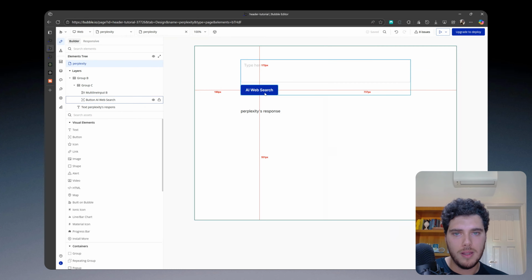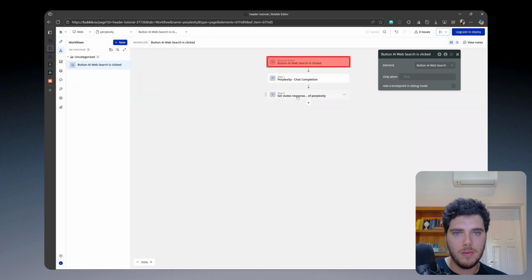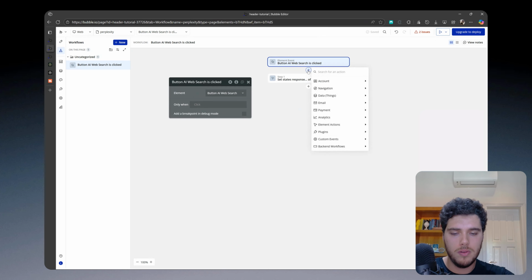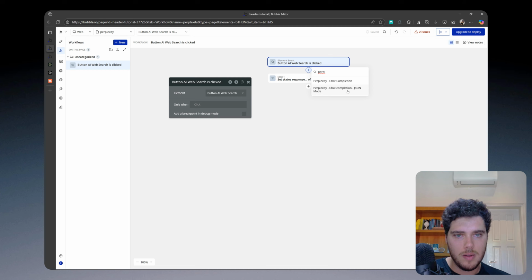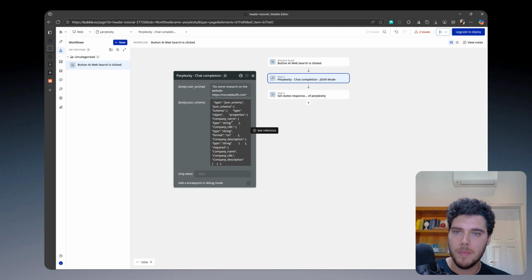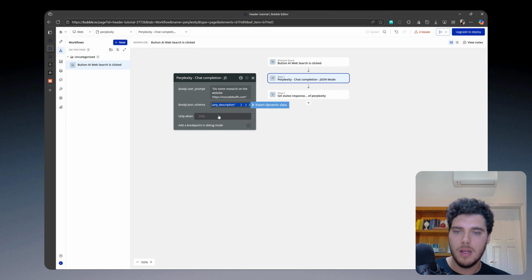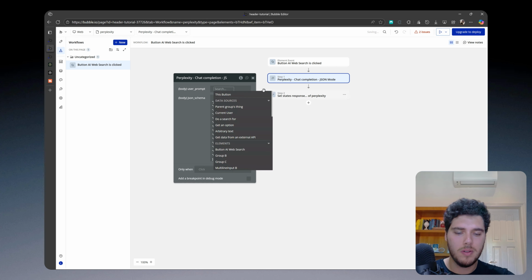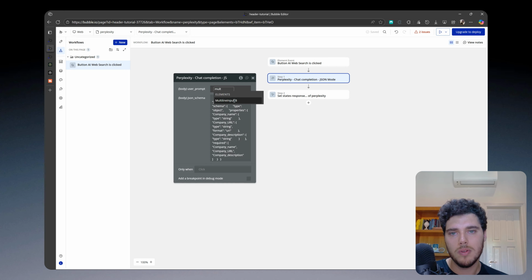And so let's take a look at the workflow that we can add here to this button, right? So instead of the Perplexity chat completion, what I want to do here is to find the Perplexity chat completion JSON mode, right? Now here, you can see that we have a user prompt and a JSON schema that we can configure as well, right? So for the JSON schema, I will essentially paste this, which contains all the variables that I want to receive on my JSON output. And for the user prompt, I want the user prompt to be the value on the multi-line input